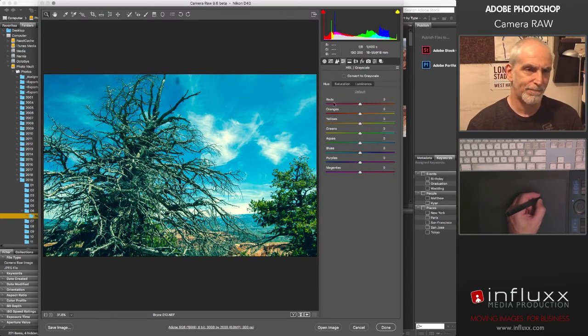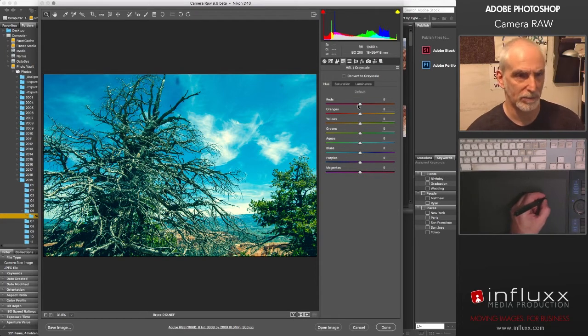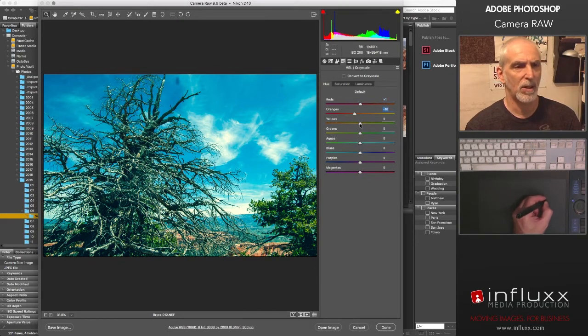Each color frequency is sort of broken down by band: reds, oranges, yellows, greens, aquas, blues, purples, magentas. So it's broken down by chunks on the color wheel, and we can then go through and push and pull these. There's not a lot of reds in here, so this isn't really doing anything. If I go to the oranges, I can skew them more towards yellows, or more towards reds. I'm going to make them a little more red, and then yellows is really going to be in the